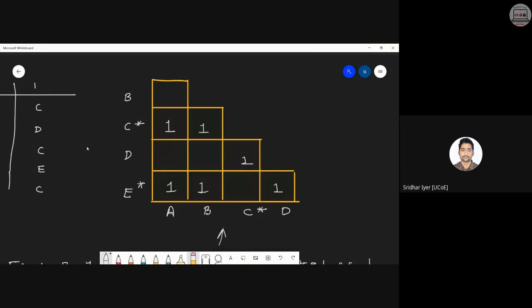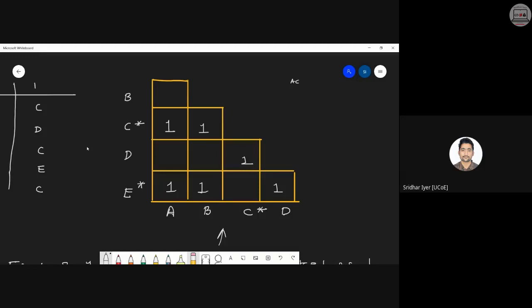As you can see, there are many markings of one. How so? One is final and the other is non-final. So at the intersection of that particular final and non-final state, we have to mark it as one. So over here, C and A, it is AC, right? You can see A and C. C is final, A is non-final. I have marked it as one.